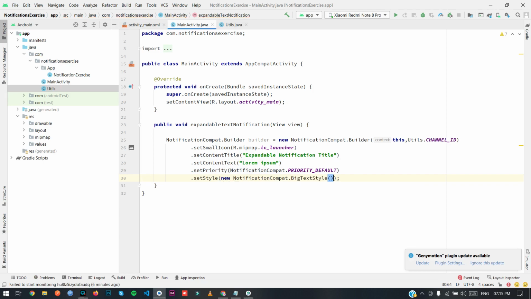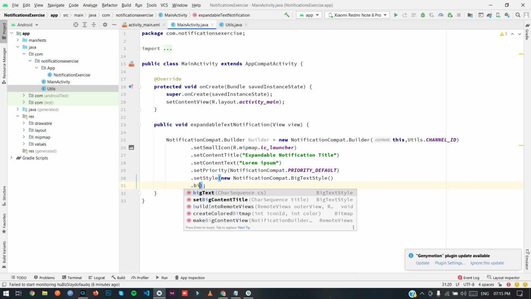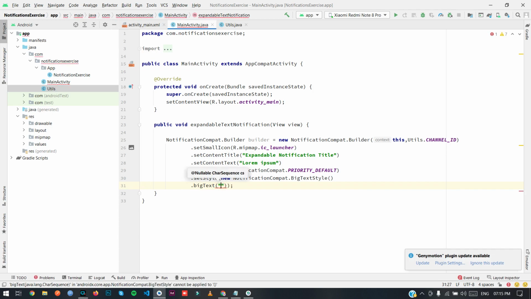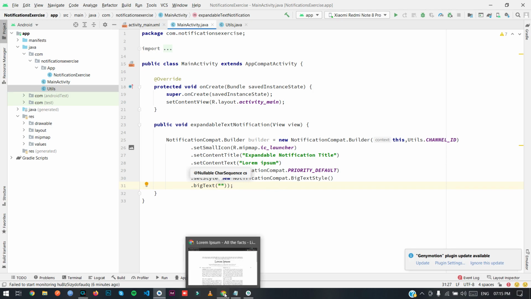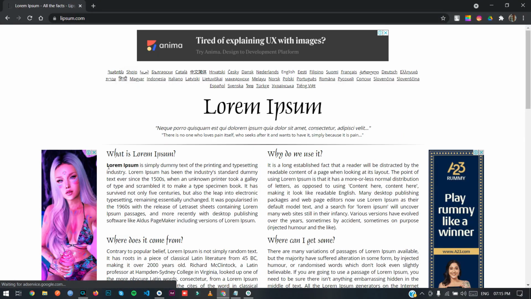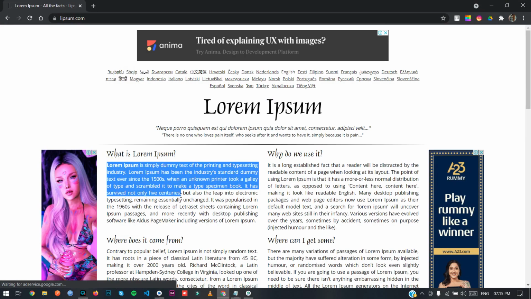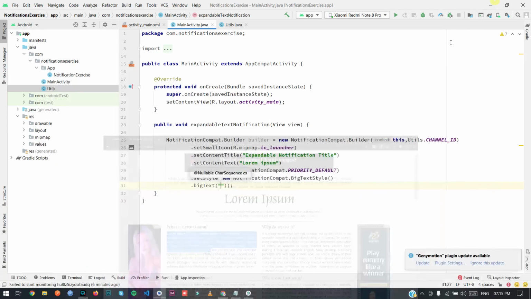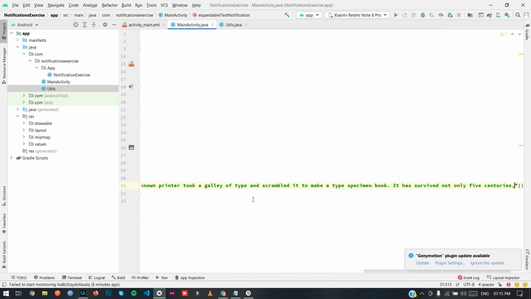Okay, this one, and then you have to set bigText, and you have to pass the content you want to show when you expand the notification. So I'm gonna copy some text here and just paste it here.